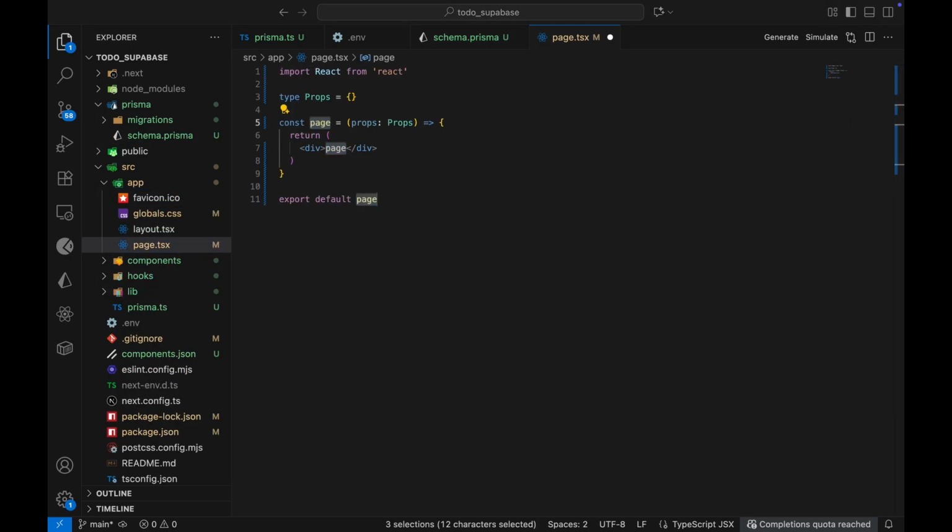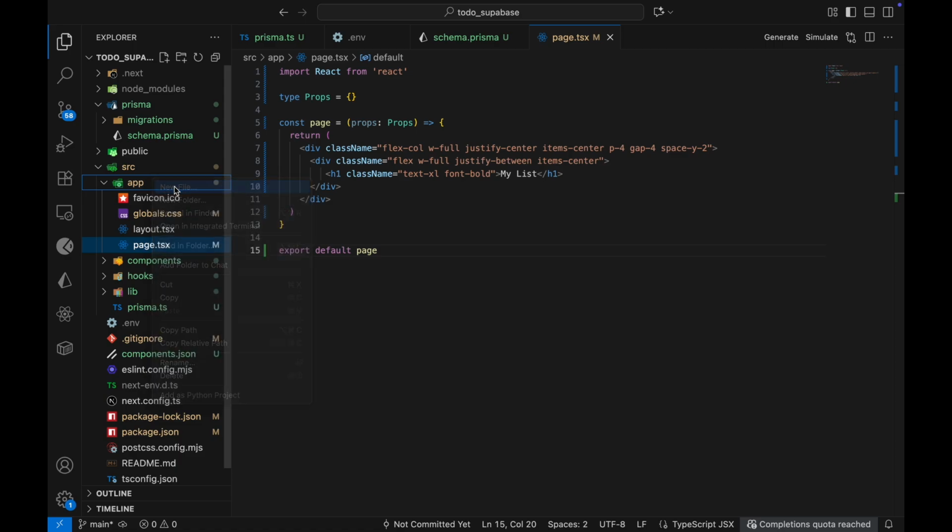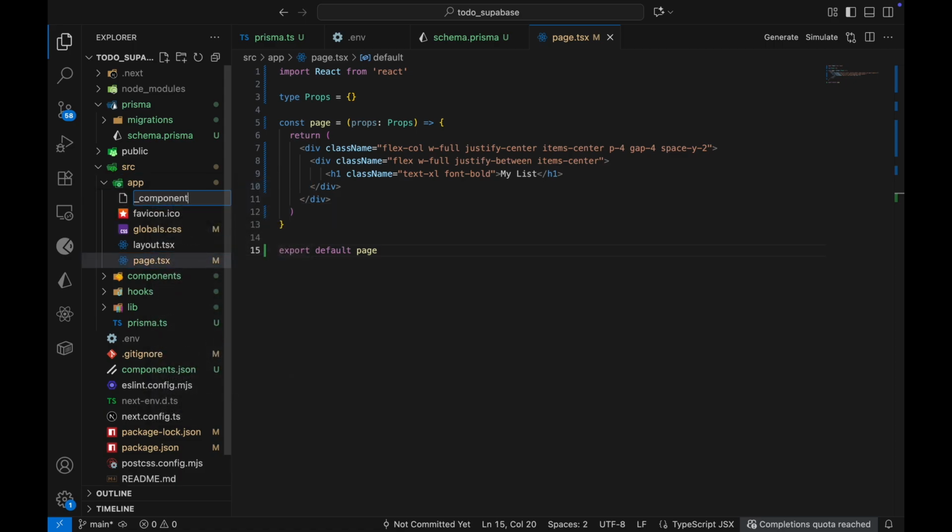Now let's start editing our page.tsx file. We'll create a div with the given class name, and inside it we'll create another one to display the logo. You can modify this page however you like. What really matters is how it fetches the data from the server. Next, let's create a component inside the Components folder, and we'll name it